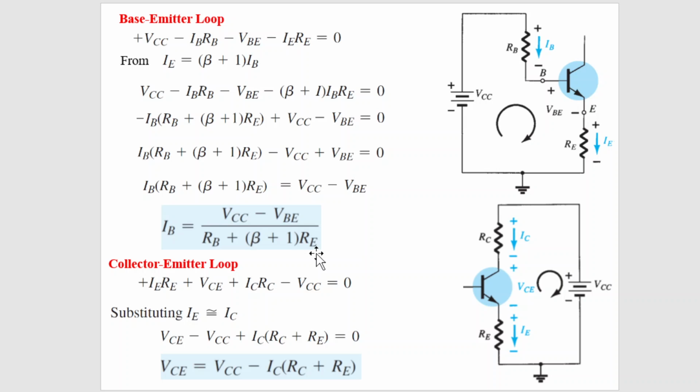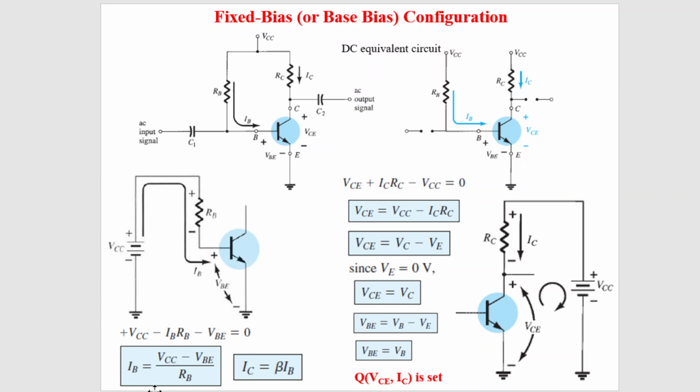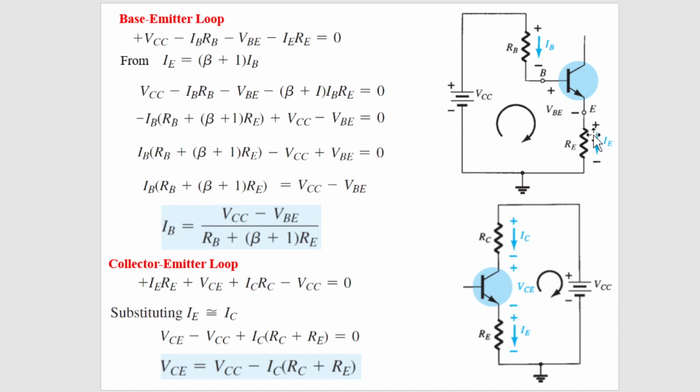So remember, if you see carefully, this equation is quite similar to the base current we obtained in fixed bias configuration. In fixed bias configuration, what did we have? We had IB is equal to VCC minus VBE upon RB. But remember, there was no emitter resistance. But in the present case, just by adding emitter resistance, we are adding an extra term, that is beta plus 1 RE. That is the difference. Otherwise, IB for both cases is the same. Here IB is equal to VCC minus VBE divided by RB plus beta plus 1 into RE.